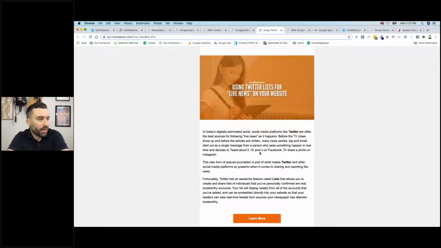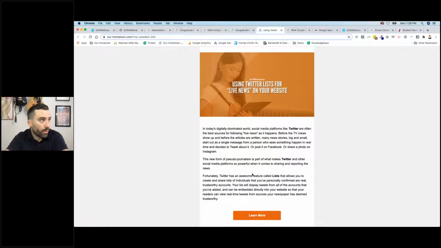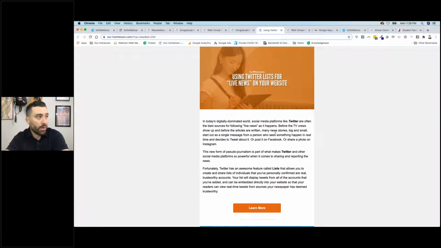I think the broader point here is that newspapers can be using Twitter to get information. It's not that the story is in just the tweet. That's just your lead, okay? And this is how newspapers are going to help combat fake news, because this stuff is getting put out there and then it's getting all this momentum because no one is really vetting the information or looking into it further. So I think some of the really cutting edge newspapers are using Twitter. They're following people in their community that are really active on there, local politicians. And the thing is that the lists feature